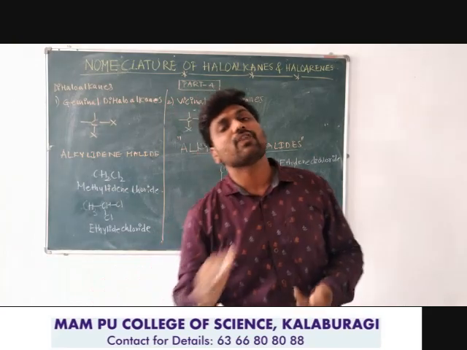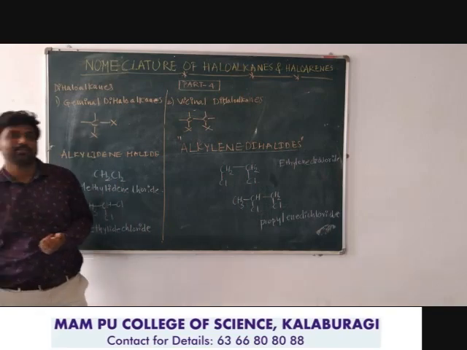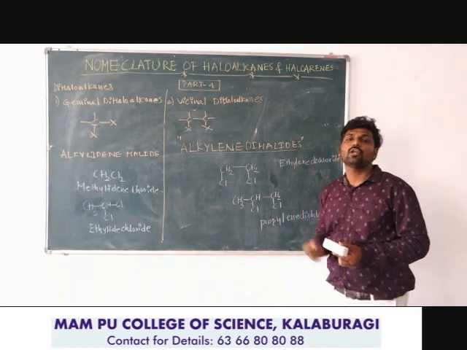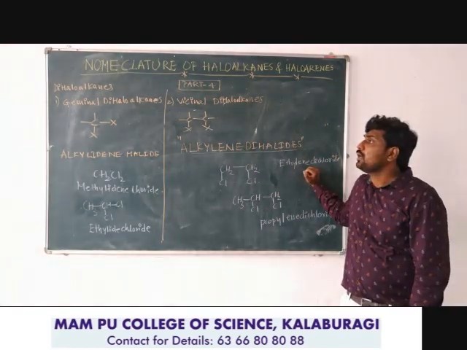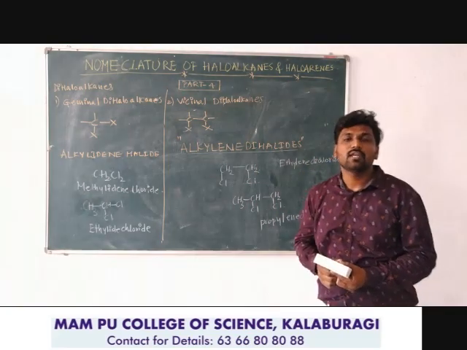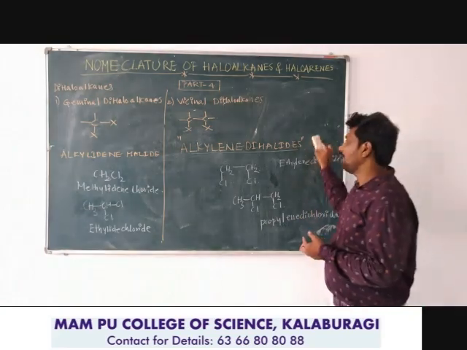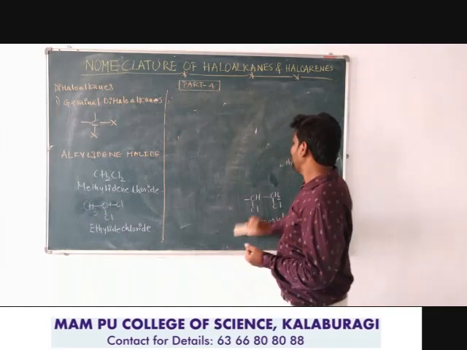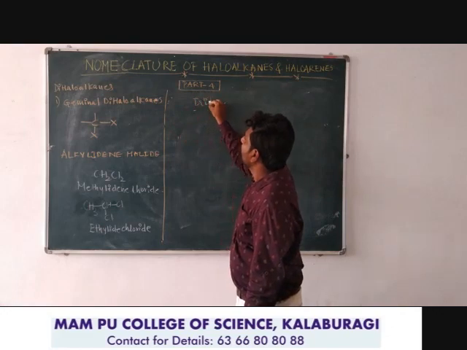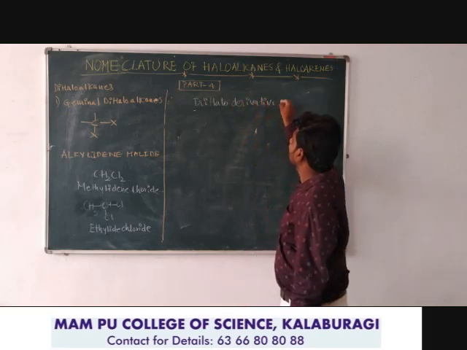Let us go with some examples where three halogen atoms are present in the aliphatic system. Three halogen atoms containing aliphatic systems are also named according to the common system, but only one derivative of alkane can be named, that is the trihalo derivative of alkane. For example, the trihalo derivative of methane.